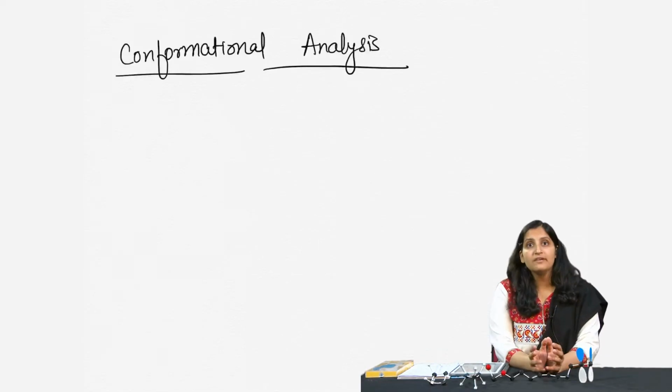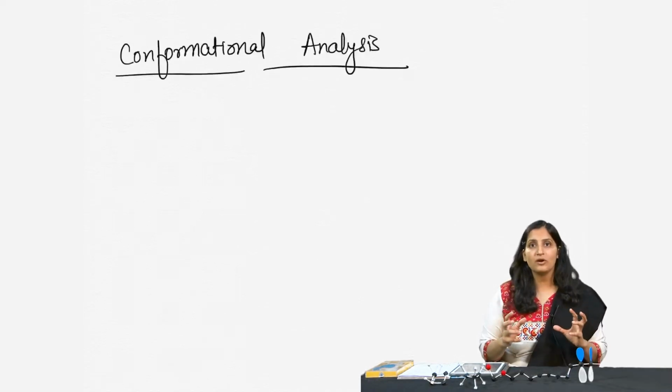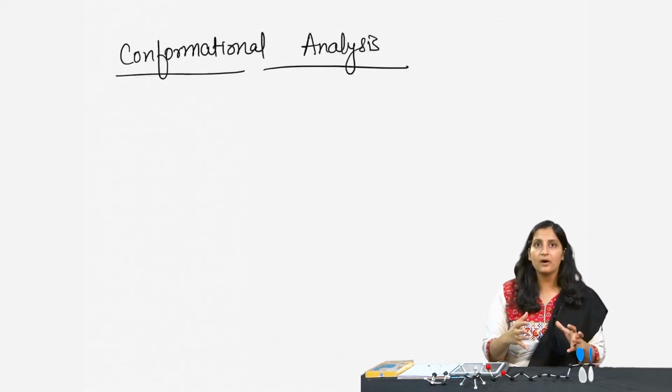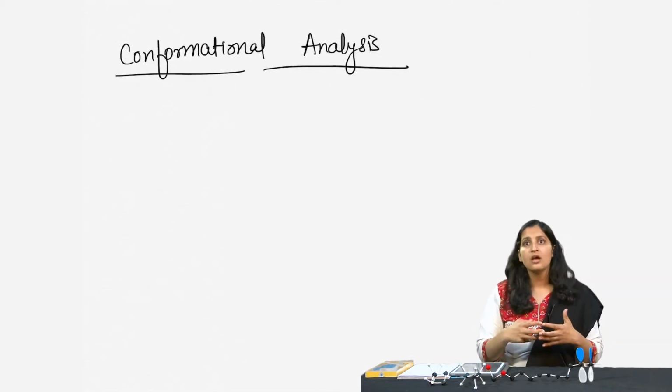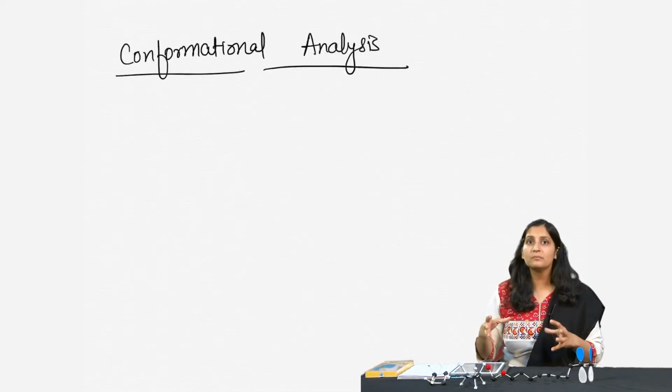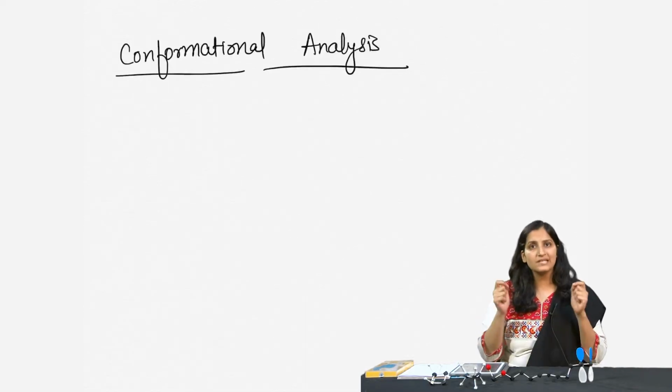Okay, so far we have looked at how carbon-carbon bonds can rotate along the axis and give rise to multiple conformations of the same compound via this rotation. One thing to remember is that even though we give rise to multiple conformations, we are still talking about the same compound with the same chemical formula, and what we are really changing is the arrangement in the 3D